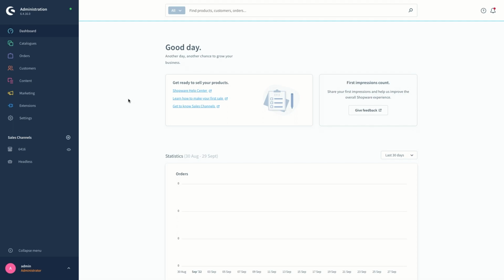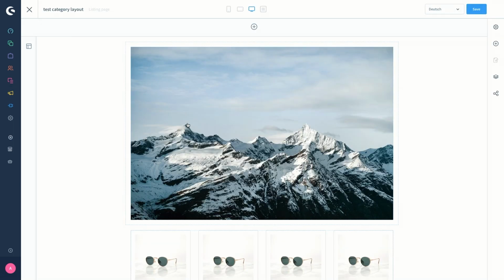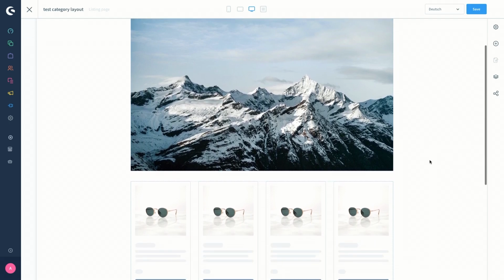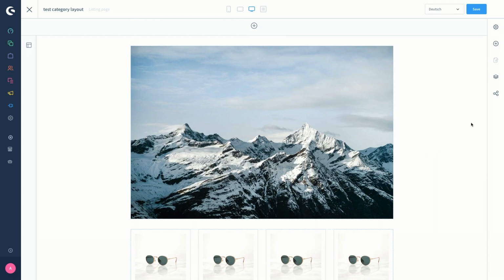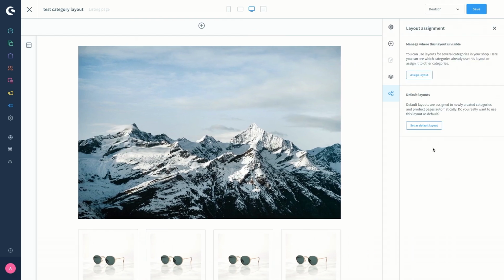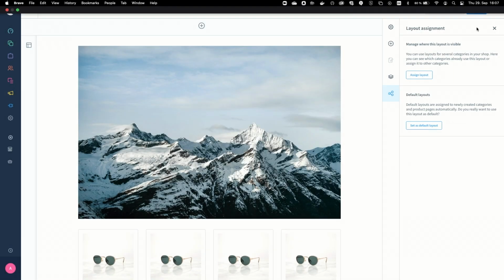So let's see how it looks in practice in the admin. We go under Content, Shopping Experiences, and I select the newly created test category layout. Assume that you are okay with the design, you have done all the editing, and you want to assign this as the default layout for the category pages. Here under the assignment you click this Set as default layout, and a window pops up asking whether we want to use this as the default layout for the category pages. So we just confirm it and save the layout,